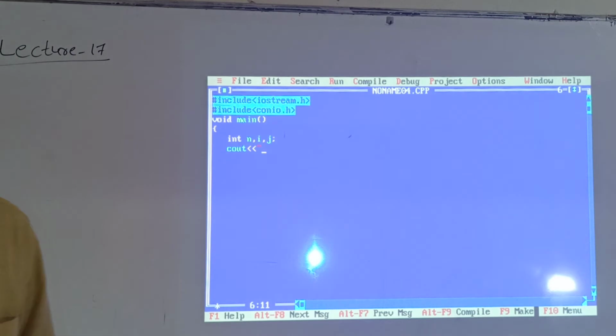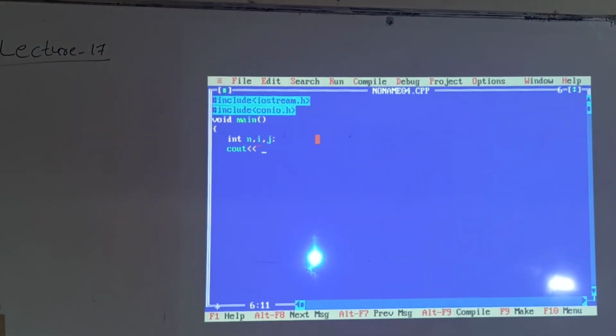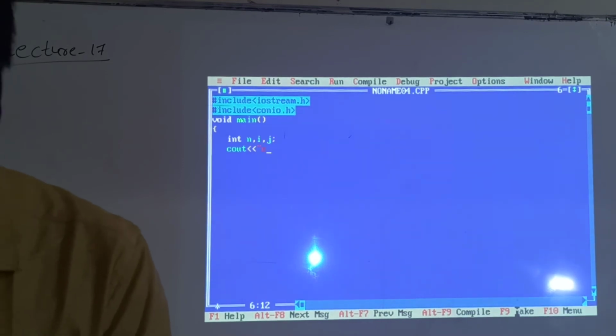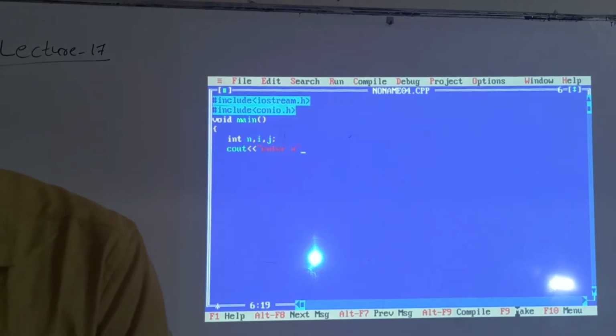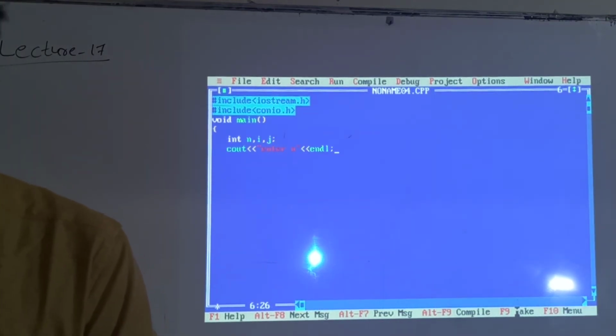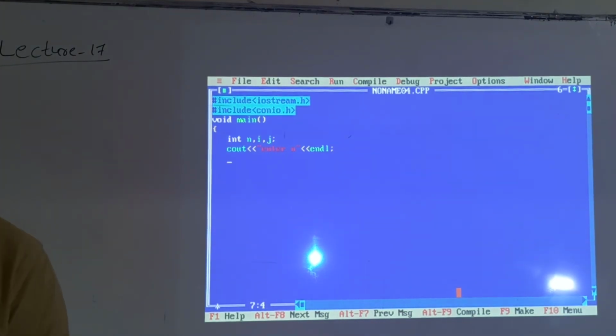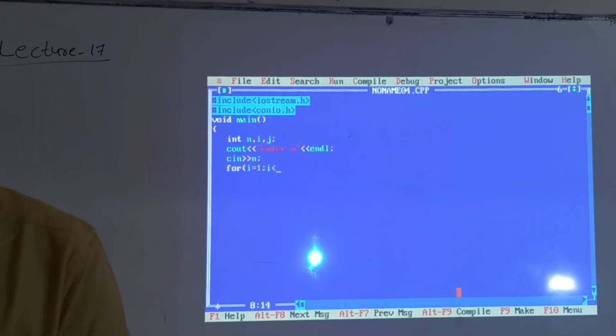Okay, so i is required and j is also required for initialization purposes. n is your entered value. Enter n. Next cin. Next for i is equal to 1, i is less than or equal to n, i plus plus.